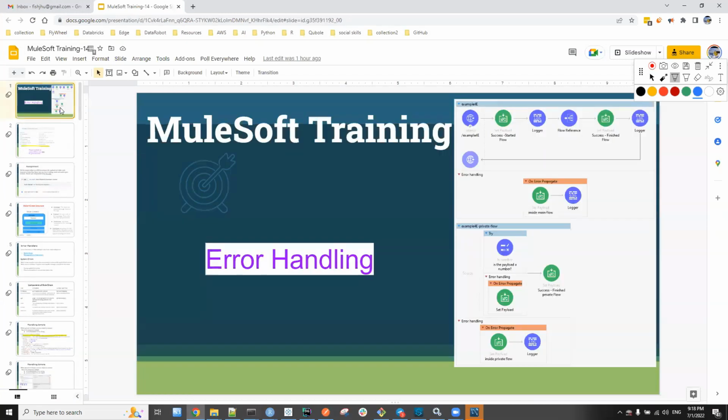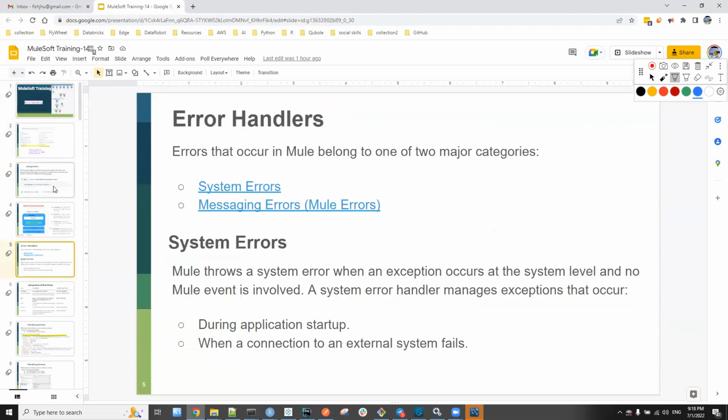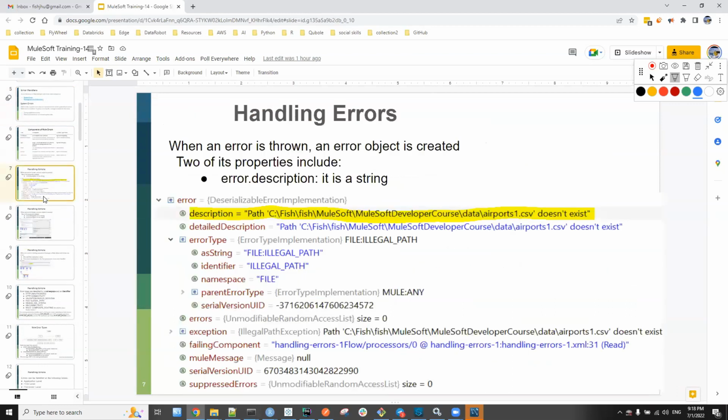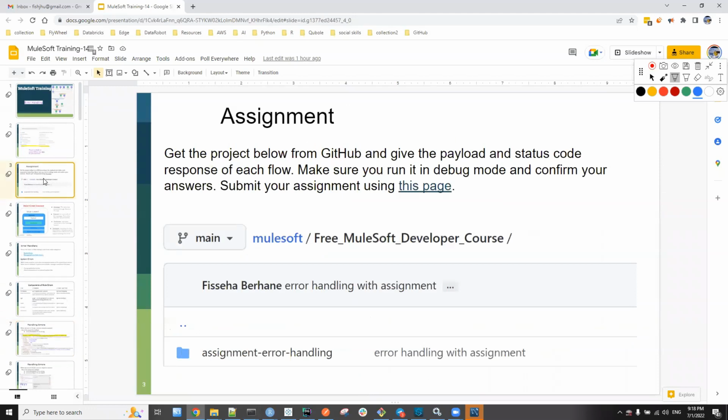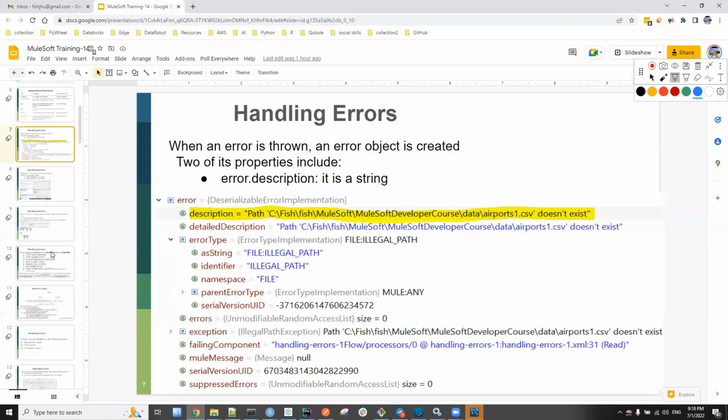So yeah, today's project I will push it, and also I have quizzes, project, and also make sure to do this assignment. By the way, error handling, if you don't practice it, it will still continue confusing you. It is good to practice it. So once you understand it, you will not lose it. It will not confuse you. But first, you have to spend enough time, and to do that, the assignment will help you. So make sure you get this assignment from GitHub and practice it, and also go over the slides.